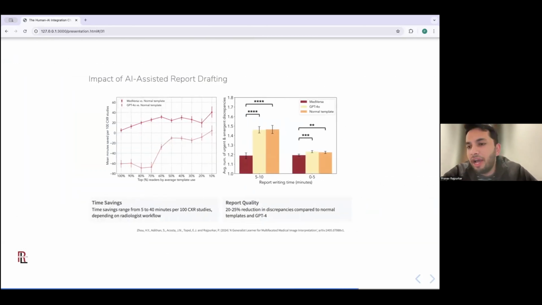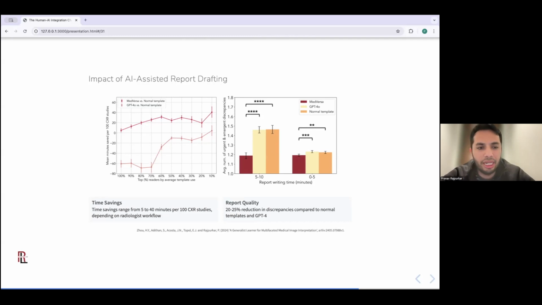And so what we found was very interesting, which is we're looking at the time savings for reading 100 chest x-ray studies. And what we found was, one, there was high variability in terms of how much people benefited from having these drafts, with improvement ranging anywhere from 5 to 40 minutes.